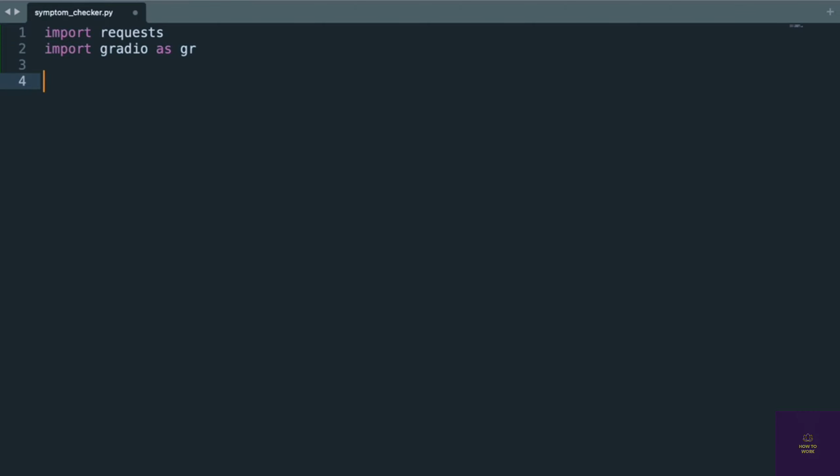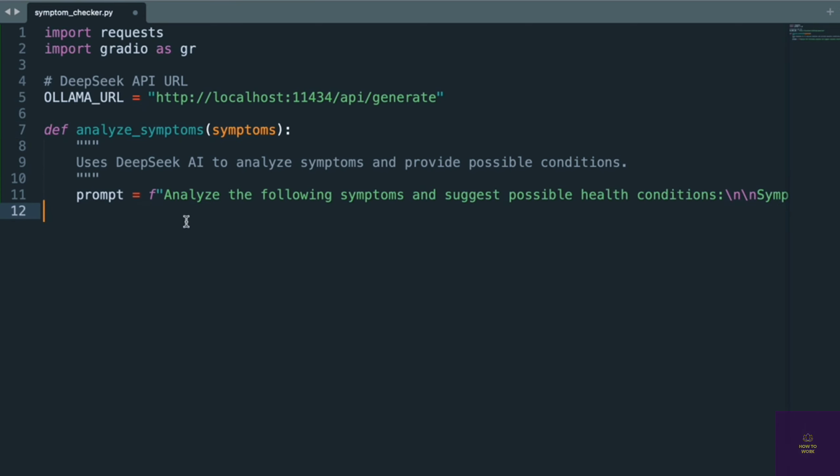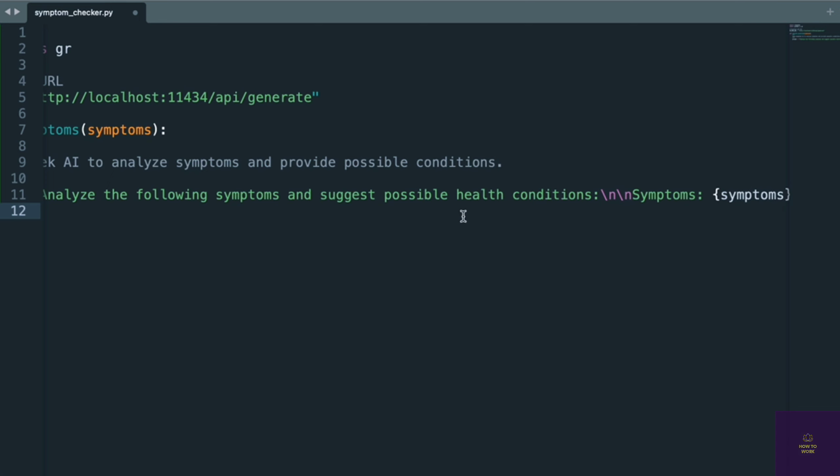Next I'm going to say import gradio as gr. Next let's create our DeepSeek API URL, which is the Ollama URL, http://localhost:11434/api/generate. Next I'm going to create a function, analyze_symptoms, which will analyze the symptoms provided by the user. Next I'm going to say prompt equal to: analyze the following symptoms and suggest possible health